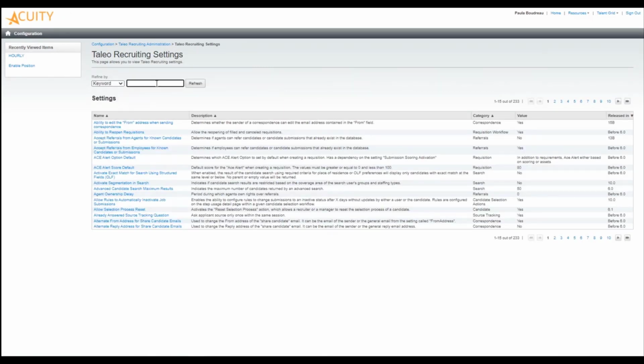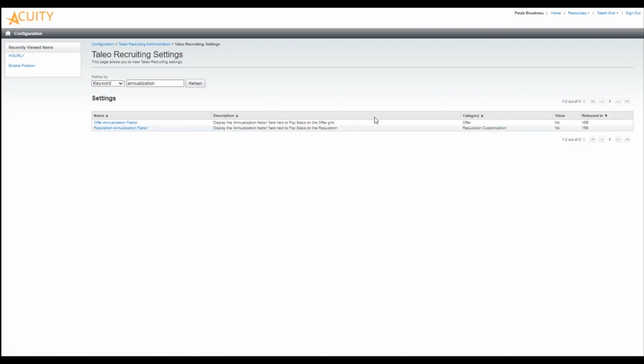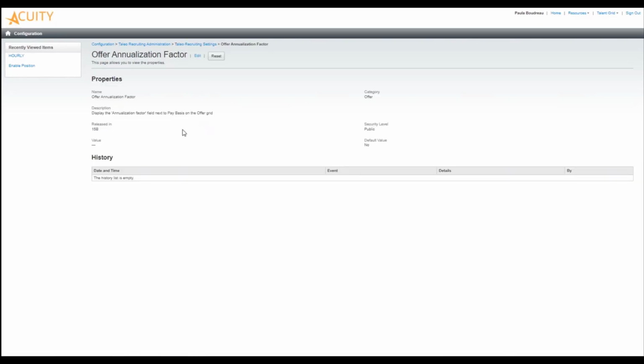If I do a keyword search on annualization, you can see by default they are not displayed, but I can edit and change that to yes, and it would